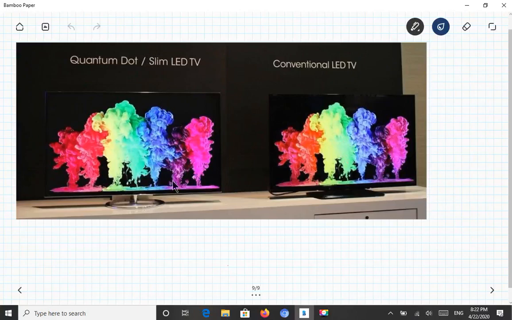As the band gap is large, you can achieve a shorter wavelength also. That is the main difference between a normal LED and a quantum dot LED. As we reduce the size, it becomes a quantum dot, and the band gap becomes large. As the band gap becomes large, you will get a shorter wavelength also, so that you will get a high definition picture. This actually started to be manufactured by 2014, I think.